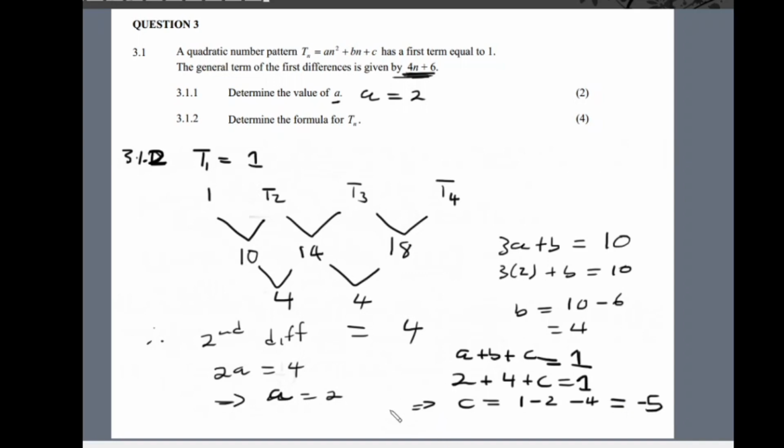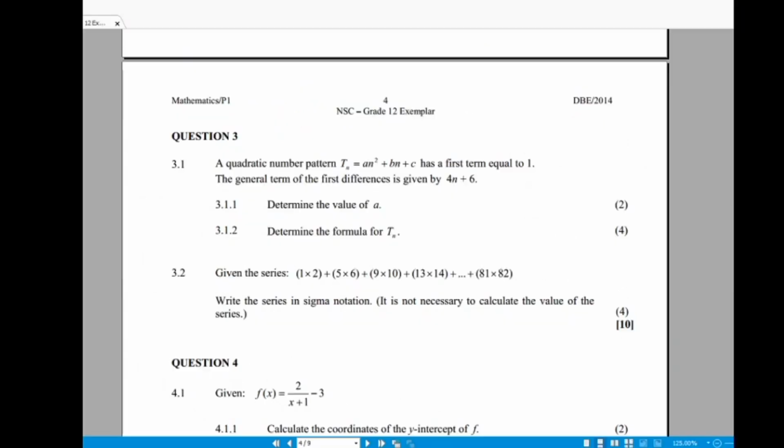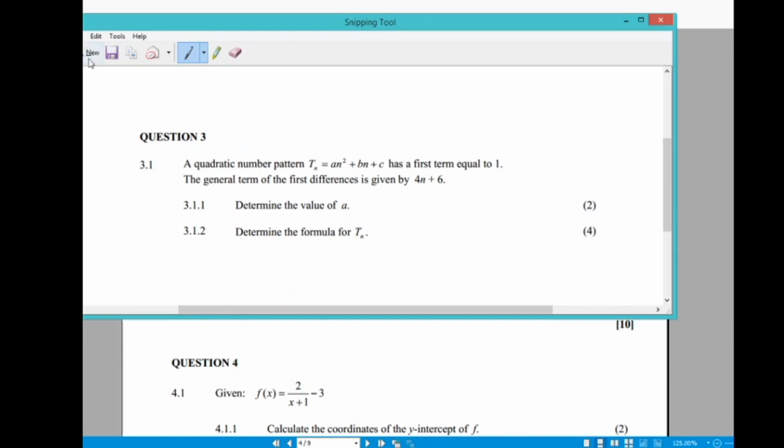So the formula for Tn will therefore be Tn is equal to 2n squared plus 4n minus 5. That's the formula for Tn there: 2n squared plus 4n minus 5. That's our formula. That's the first part of question 3. The second part says